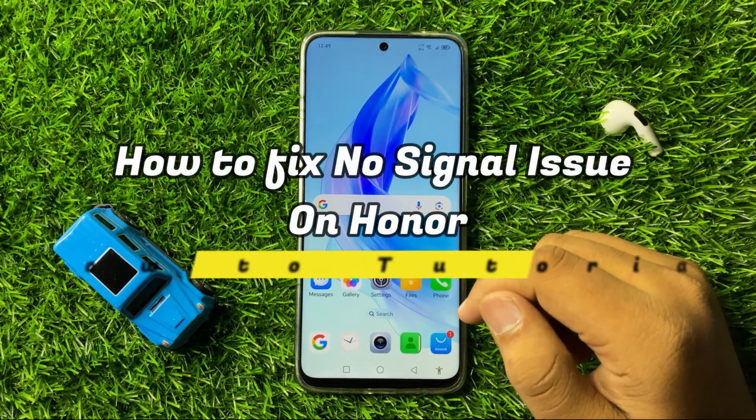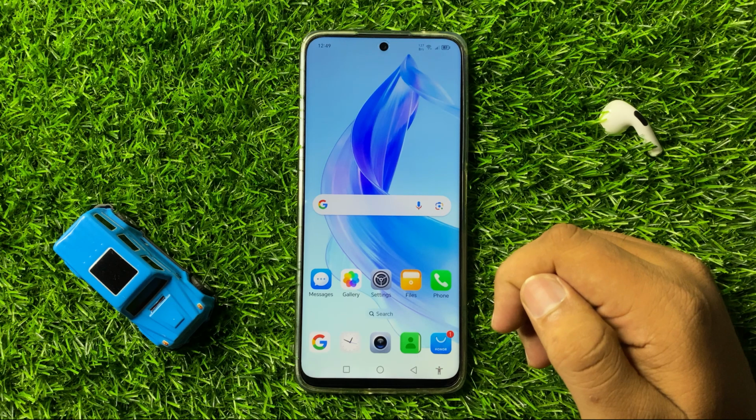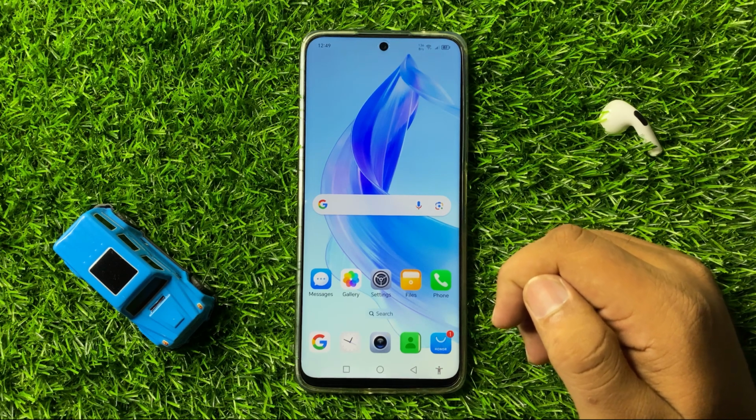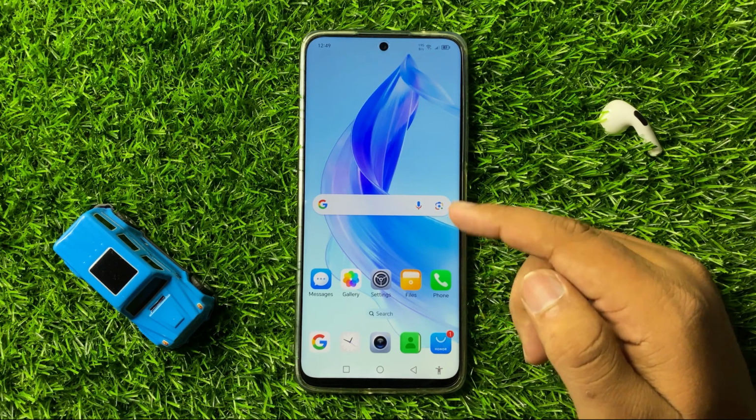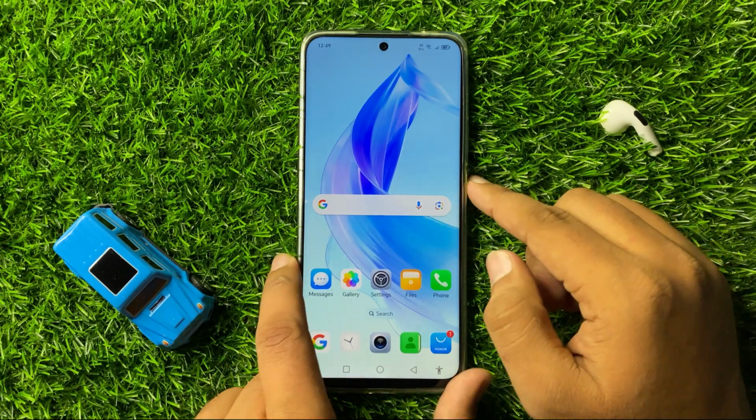How to fix no signal issue on your Honor 90 or 90 Lite. So to fix this issue, first of all try restarting your phone. So to restart, press and hold on this power button,